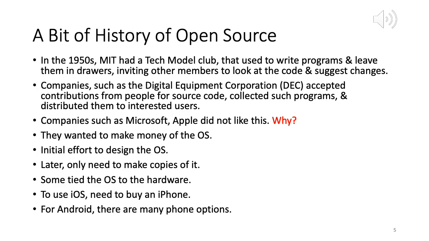So they would say, hey, is there anybody who wants to propose a new scheduling algorithm for this OS? And many people would respond with their code, and then they would collect it and distribute it for users to test out. So as you can see, a very open philosophy. Everybody has access, everybody can see the code and make improvements, and not just the people working in the company.